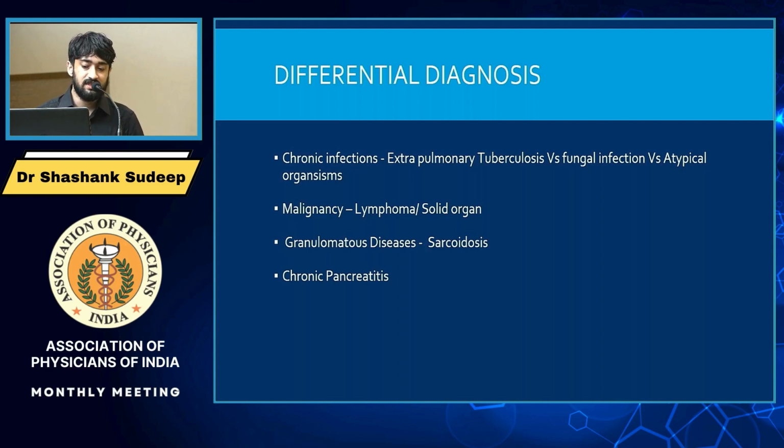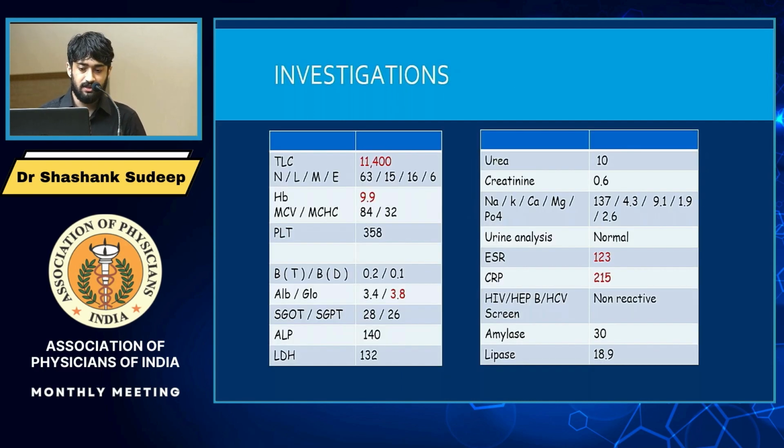So for completion's sake, we also considered various forms of granulomatous diseases, primarily sarcoidosis. And in view of the epigastric abdominal pain, which was chronic in onset, chronic pancreatitis was also considered by us. So moving on to the initial blood investigations, significant for a mild leukocytosis, differential remaining normal, hemoglobin of 9.9, an